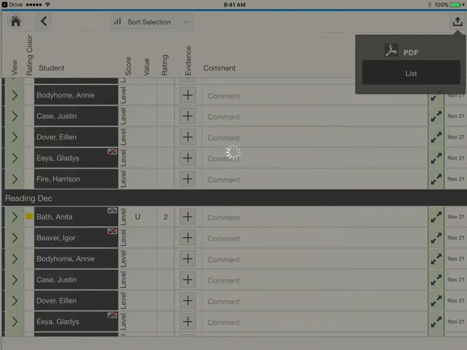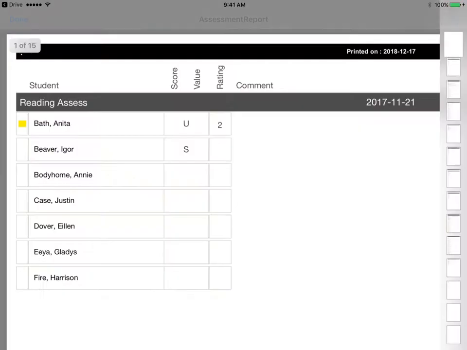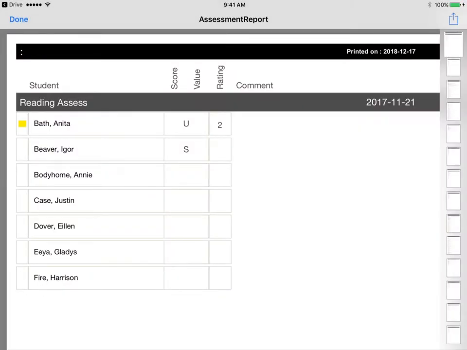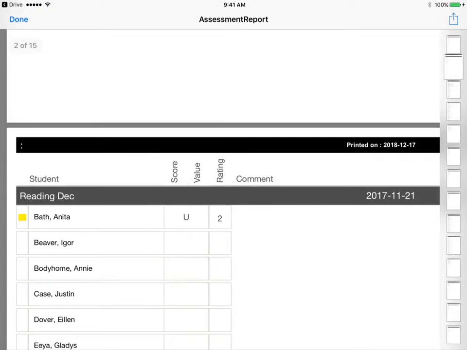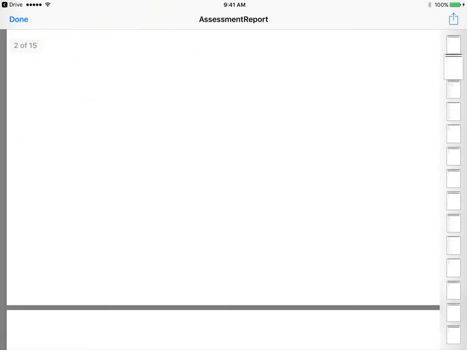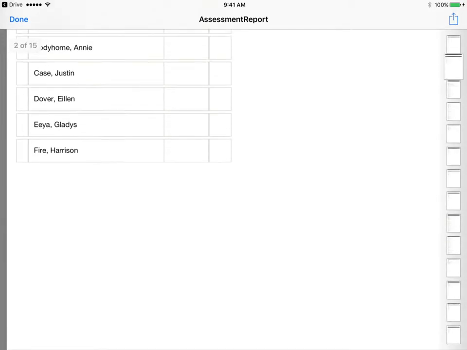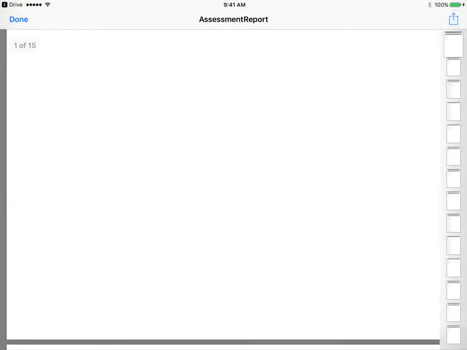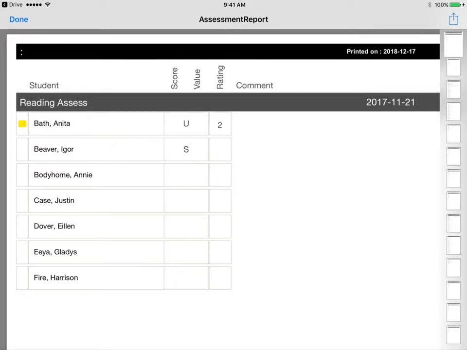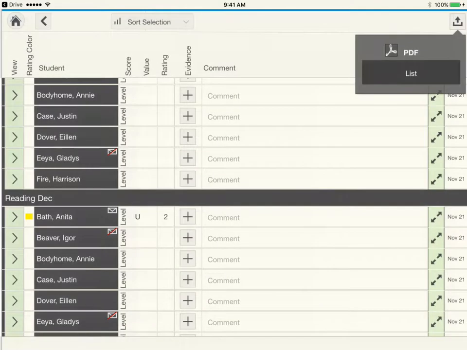what's really going to happen here is it actually shows one assessment and all the students, and then it's going to have the next assessment and all the students, and then the next assessment. So they're not all together. All the assessments aren't together. So I could print this now, but I'm going to press done, and I'm going to go back,